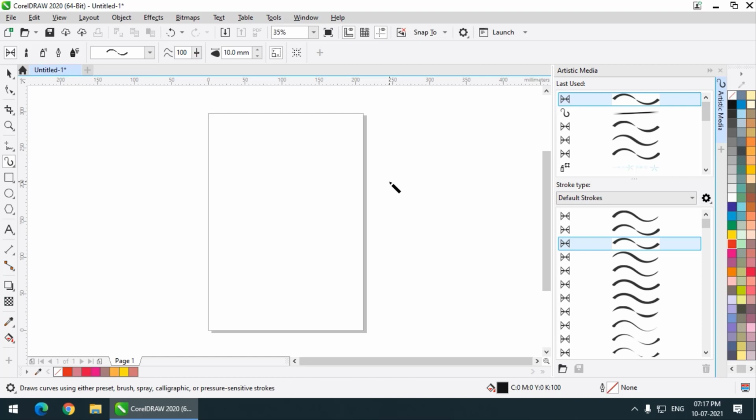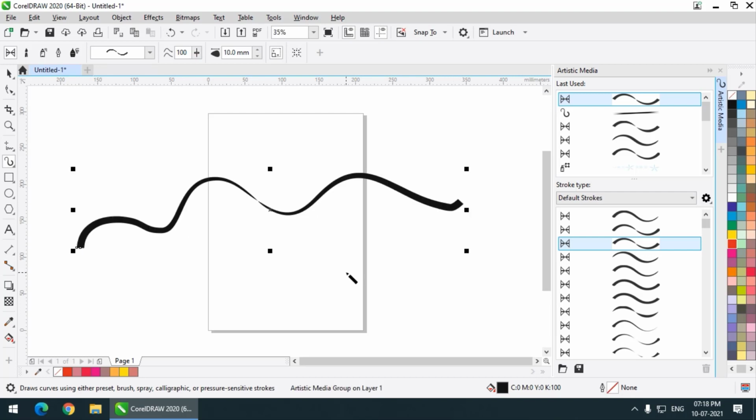There are basically two methods to create artistic media objects. First is simply you can draw it as we use the pencil tool, or rather the freehand tool. So we can simply click and drag and draw any shape that we want, and it will be converted into the selected stroke.